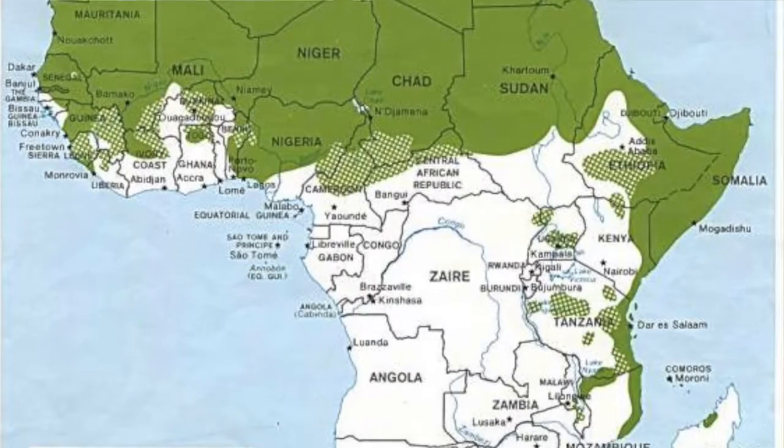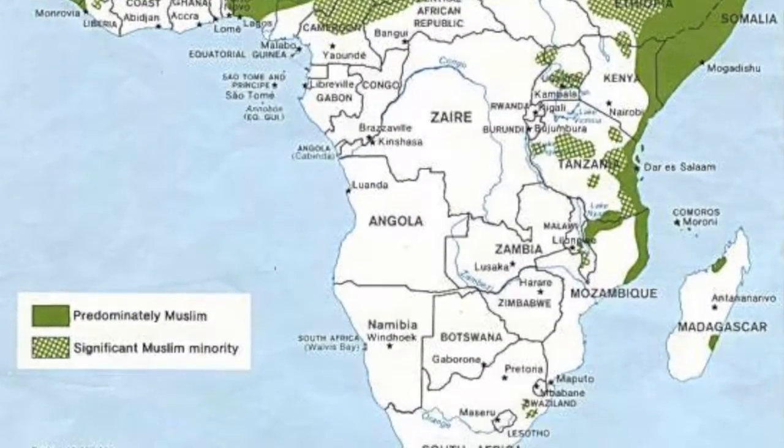I will provide a map after this presentation showing the dominated northern part and then the dominated southern part. The northern part doesn't really have any Christian or animist people, but the southern part, where there's a majority of Christian and animist peoples, has little pockets